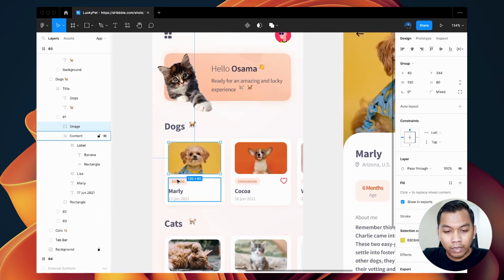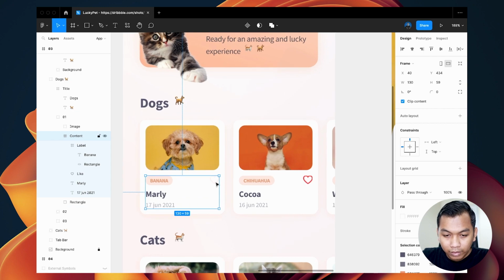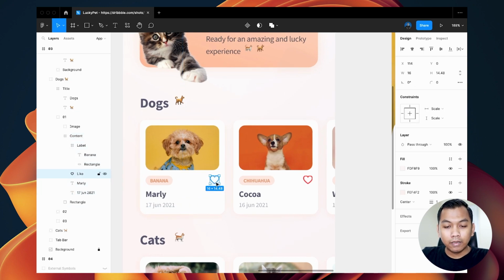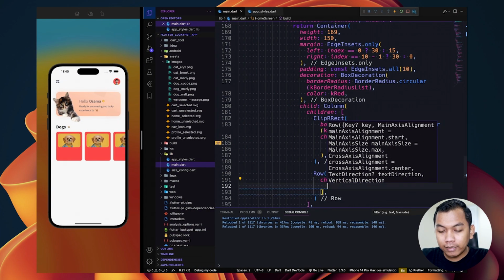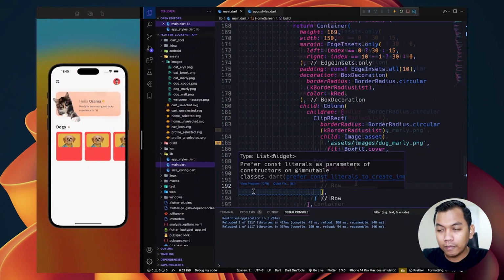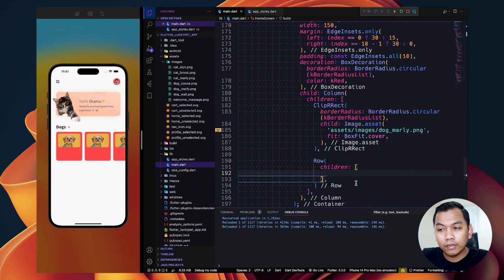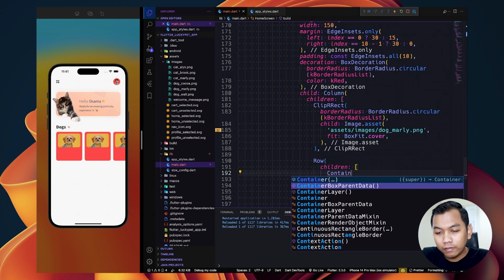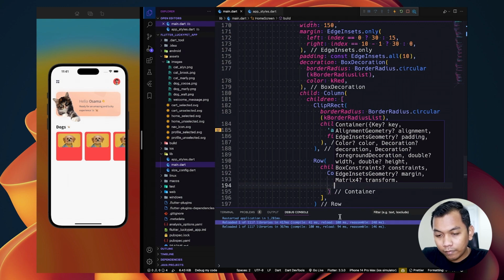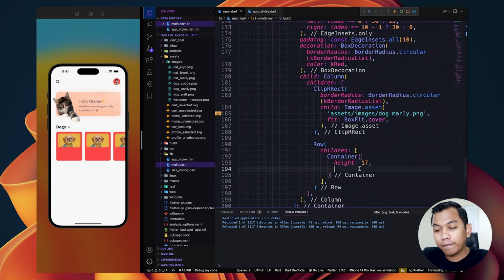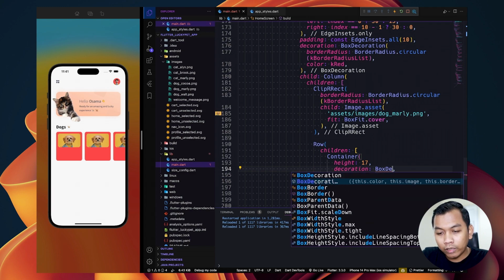So below that we will have a Row widget. So here let's add Row widget and add children. The first child will be a Container, and for the height 17, and for the decoration, we will have BoxDecoration.